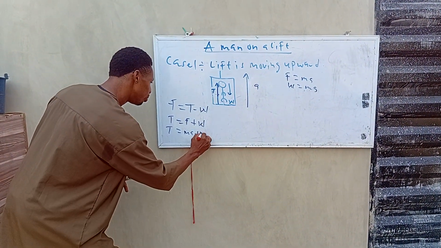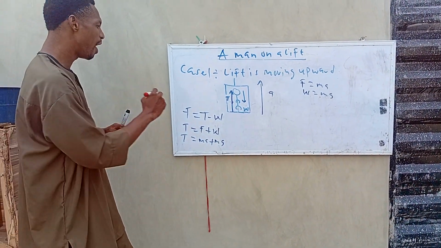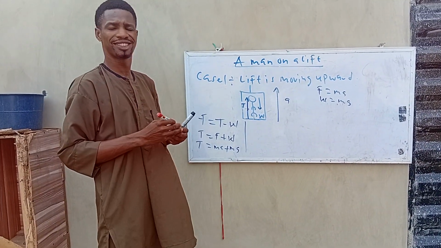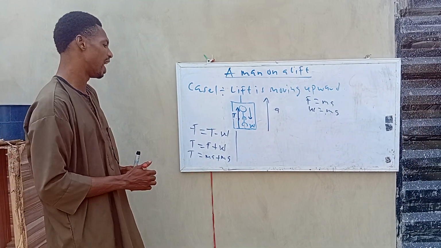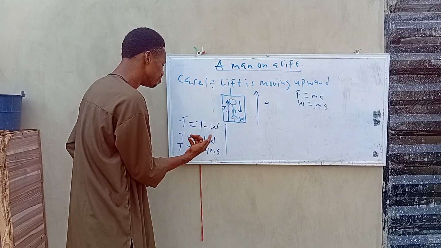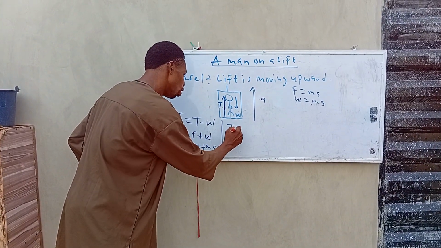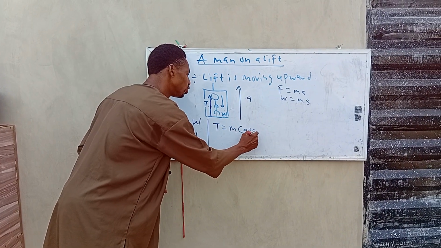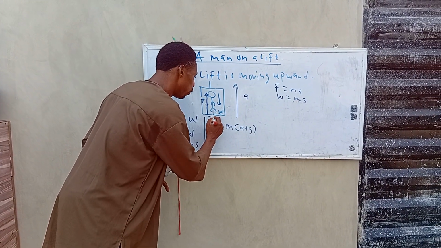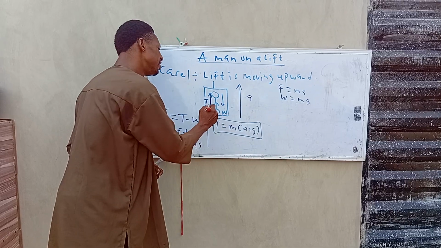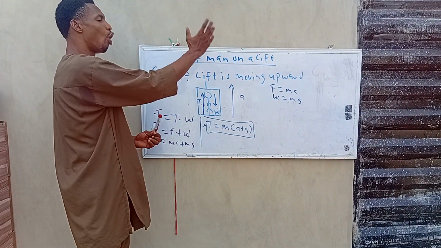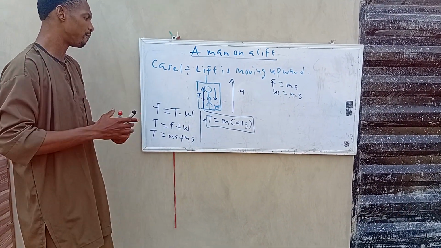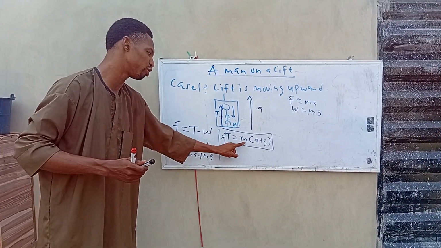So weight becomes Mg. Now, what is common between these terms is mass. So therefore, tension equals mass open bracket A plus G. Please don't forget, this is our formula when the lift is moving upward or accelerating upward. Take a look now. Our tension equals mass open bracket